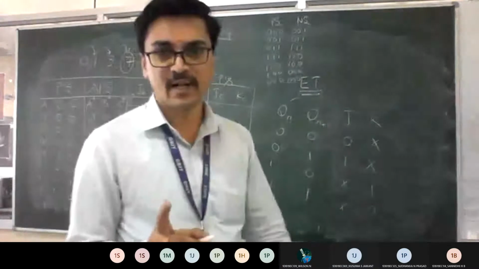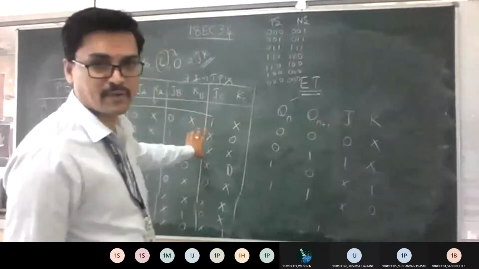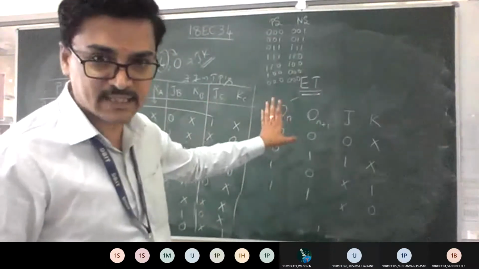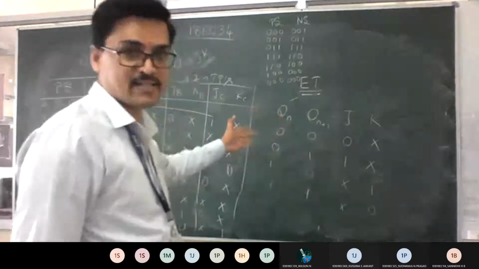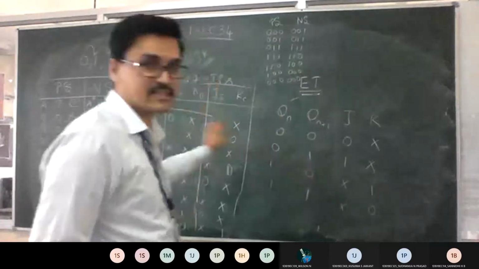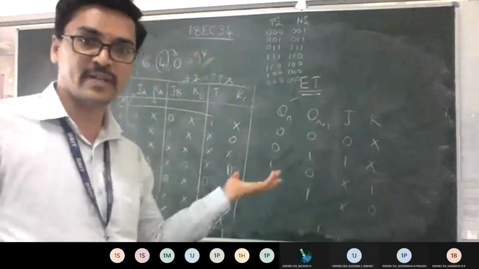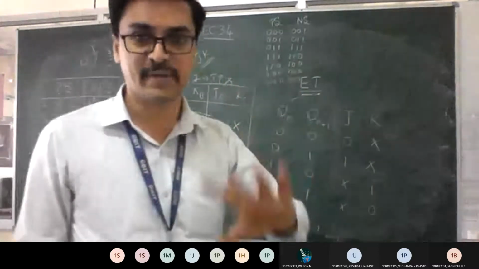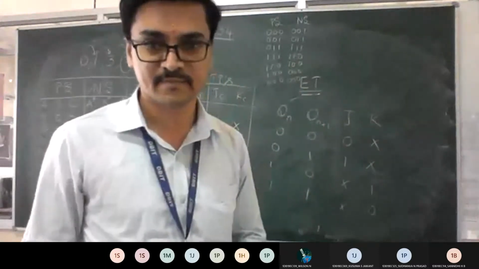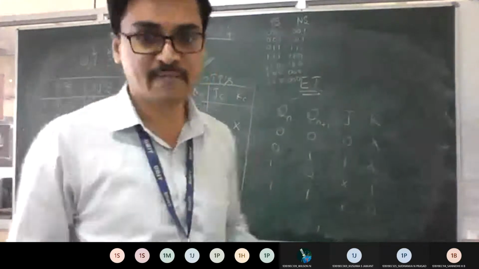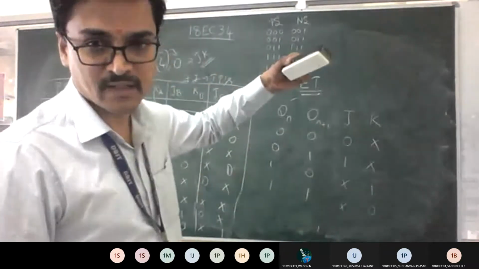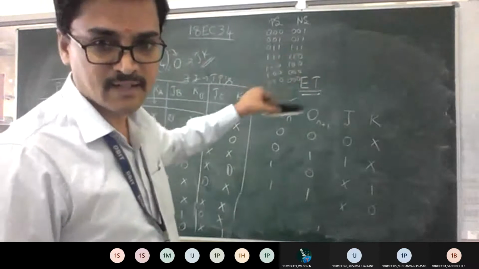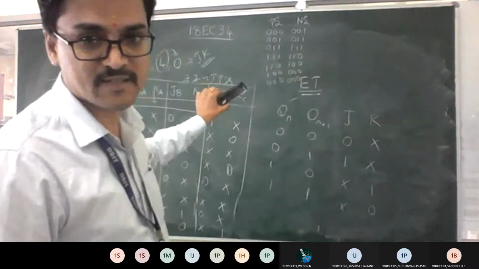See, I told you clearly, whenever you are trying to fill this table, keep your excitation table aside so that it will be easy for you to write the things by comparison. See, if I write here, just compare this and keep writing. Don't write one in the previous page and one in the next page and keep turning the pages, or you'll commit a mistake. Is it fine? You should be very careful while filling this because this table will carry you to the next level: K-map building, then design. So be very, very careful with this, right?